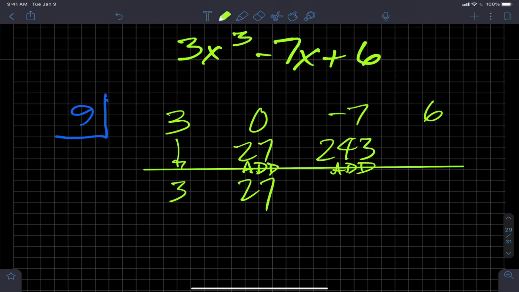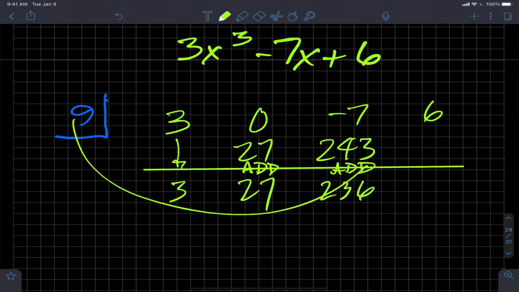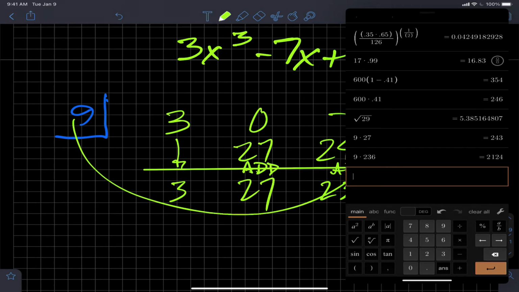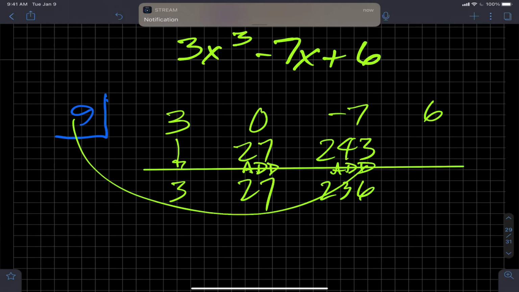243 plus a negative 7 is going to be 236. And I'm going to take 9 and multiply it times that and get 236 times 9. 36 times 9 is 324, and I get 2124. So 2124, and then add 6 and I get 2130. Now,